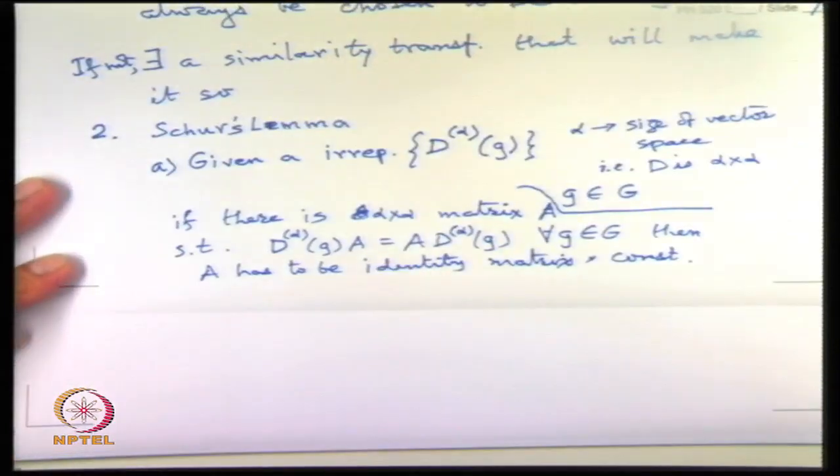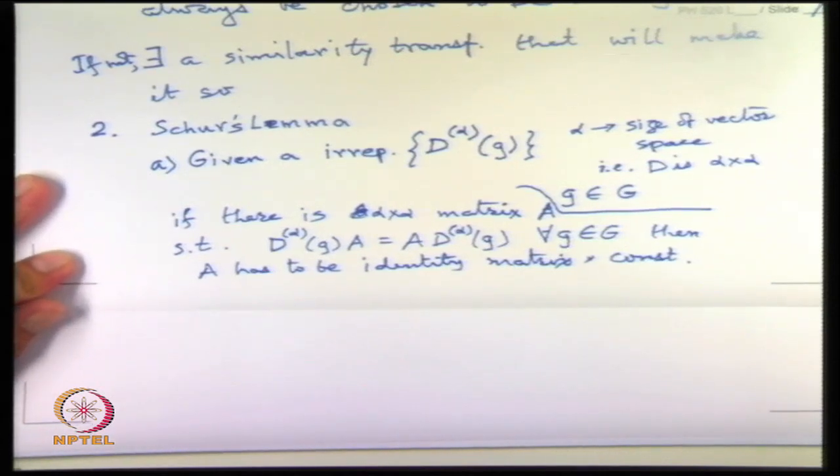The more non-trivial lemma that Schur proved, so this lemma looks a little simplistic. You say, okay, if a matrix commutes with every possible matrix in your representation and the representation is irreducible, we know in group theory there is only one element that will commute. If for an arbitrary group, which is not abelian, there is a matrix which commutes with every single element, we know it has to be identity because no other element will do it. So it is no great surprise that A has to be identity.